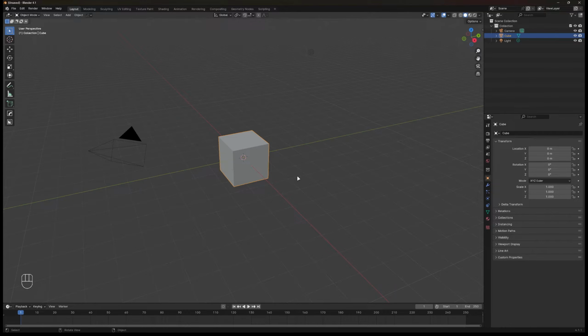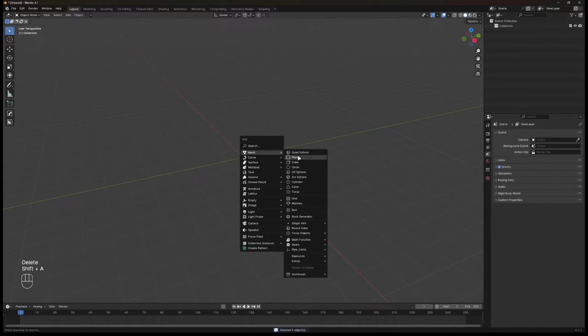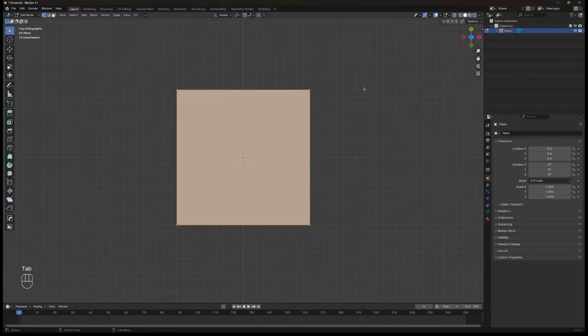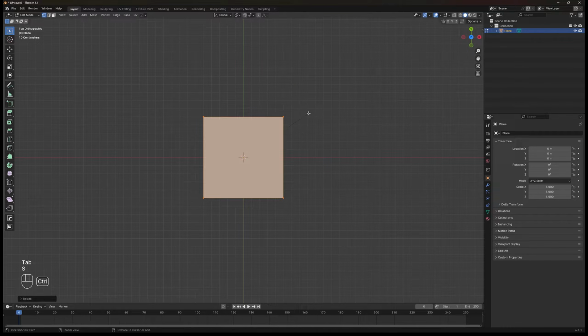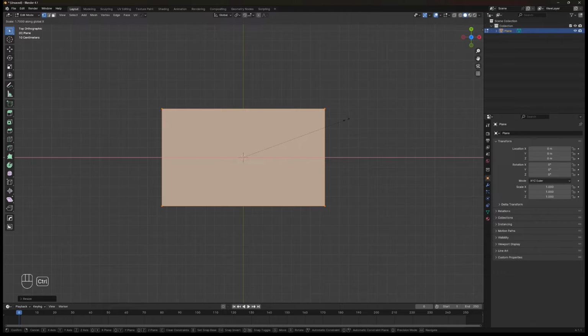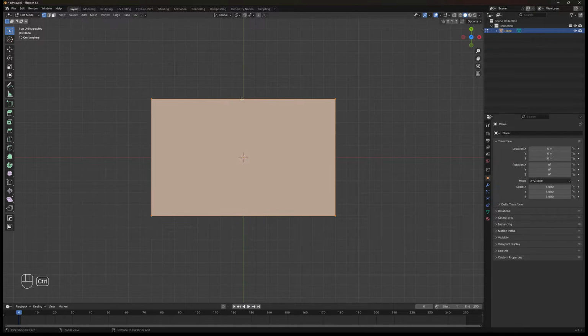Like always, open Blender, not Maya, and delete all the visible objects in the viewport, then hit Shift plus A to add a new object, and search for plane. Hit Tab to go to edit mode, then scale the plane by pressing S and holding Ctrl, so it's snapping to the grid. Scale the plane smaller, half of the original size, it's 1 meter square literally. Scale the plane one more time on the x-axis, maybe around here. You could create your own size, or you could follow me here for the same result in the end.